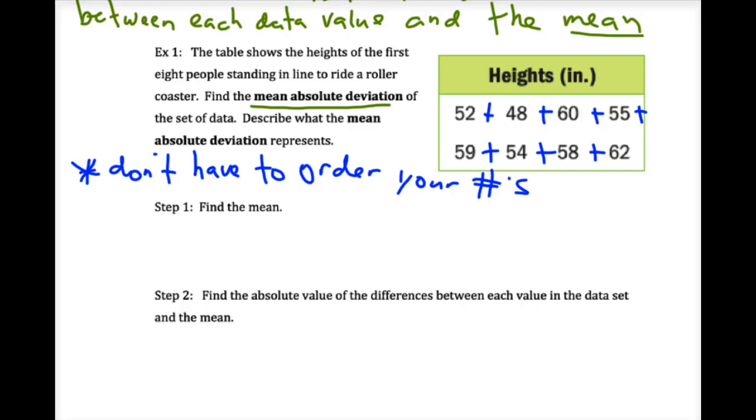And always write down, guys, what the total sum of all your numbers is. And then we got 1, 2, 3, 4, 5. We're gonna divide by 8. So when you get a total of all those, 393.75.